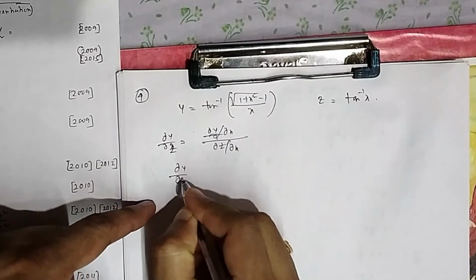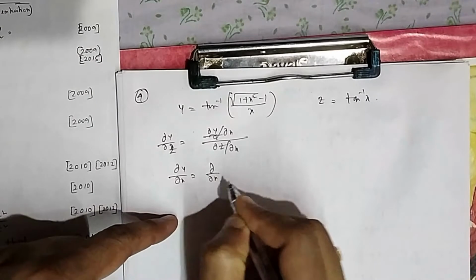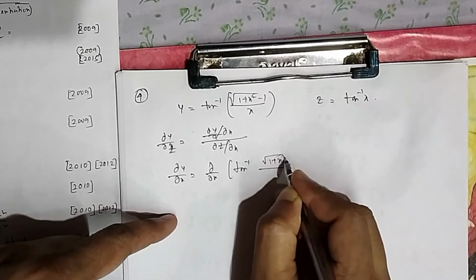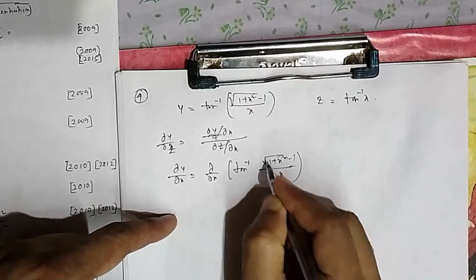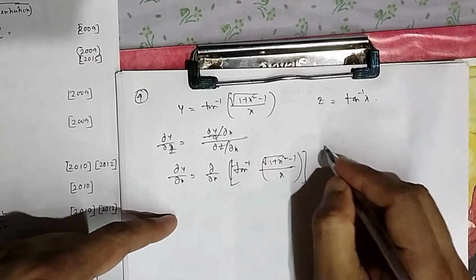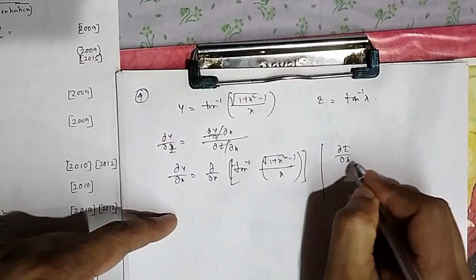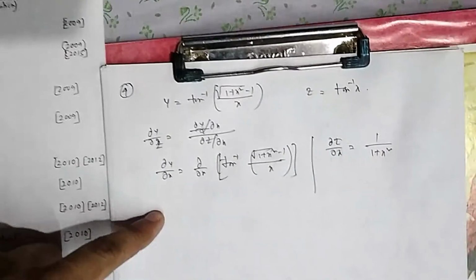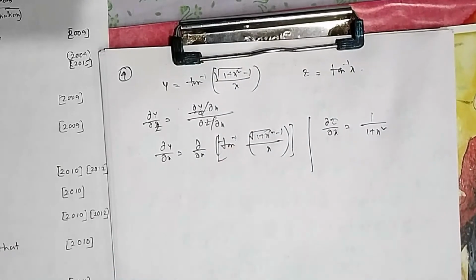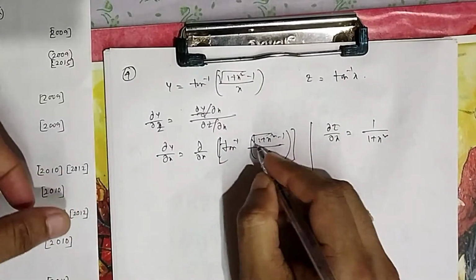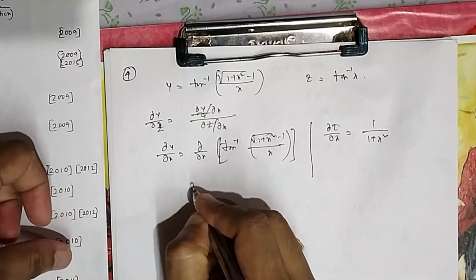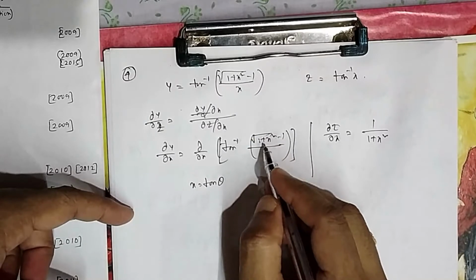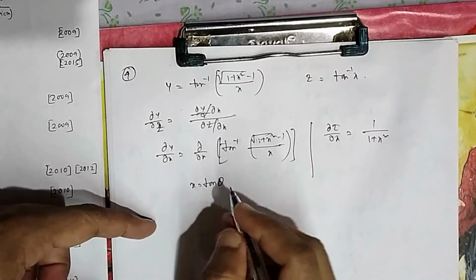So first if you do dy dx, you have to do differentiation of this one. Now this inverse differentiation you can directly apply the tan inverse formula, but it will take some time. So for that we generally use some substitution. And dz dx is simple, this differentiation is 1 by 1 plus x square. If you try directly it will come, but it will take some time. So what we generally do is, in place of x put tan theta, because 1 plus tan square theta is sec square theta, so the root will be sec theta. So in that case it will be easy.